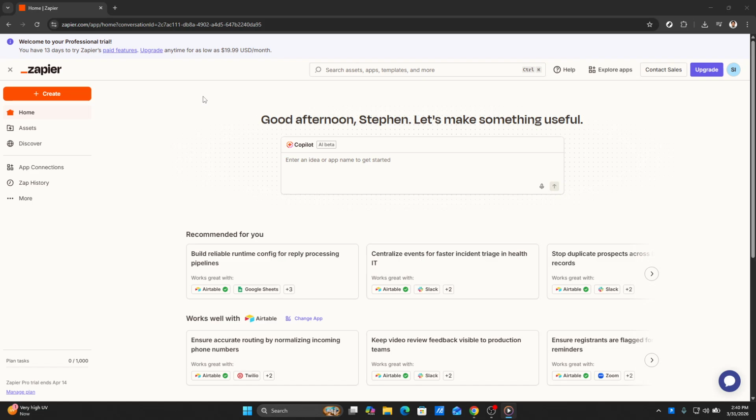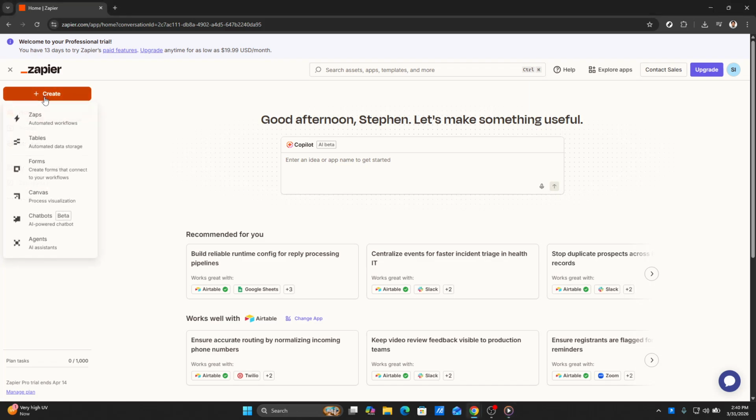Once you're on the Zapier homepage, the next step is to click on the Create button. This is where you'll start building your Zap, which is Zapier's term for the automated workflows you'll be creating. After clicking Create, you'll be directed to an interface where you can see a Zaps option. Click on Zaps and this will bring you to a new screen where you can start setting up the details